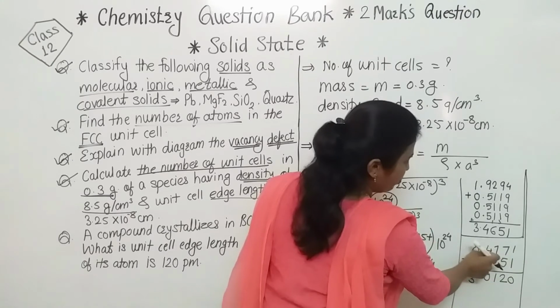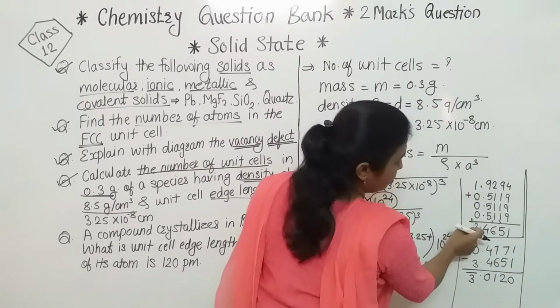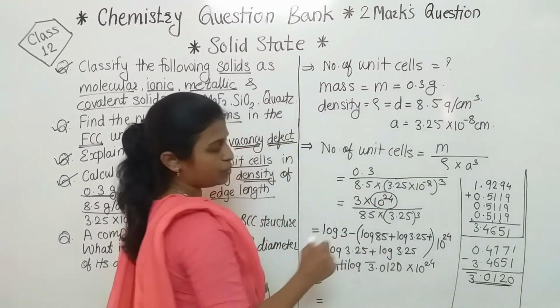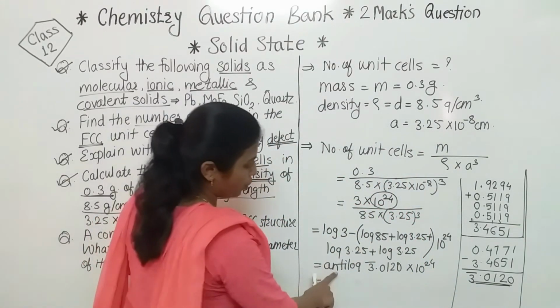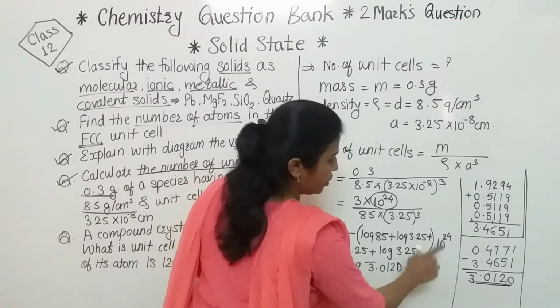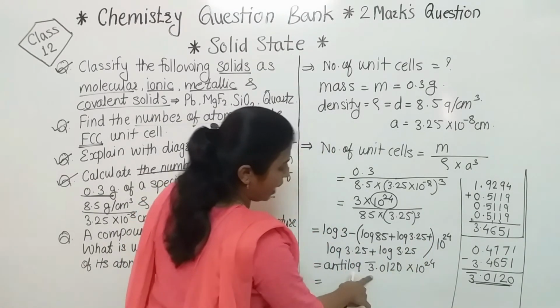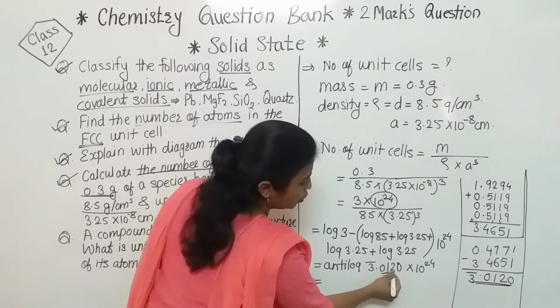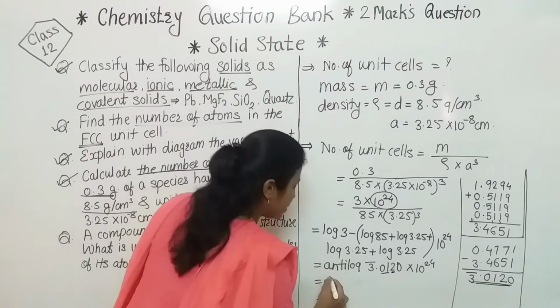0.4771, and from that we have to subtract this sum of this log and after that we are getting the answer, that is bar 3.0120. So anti-log of bar 3.0120 into 10 raised to 23. If we consider its anti-log, in that also we have to see 0 1 के रो में 2 के कॉलम में, तो यहाँ पे इसका आंसर मिल जाएगा